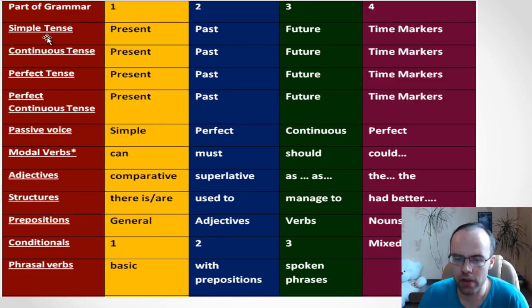If you know these simple tenses, you'll be able to speak about the present, about the past, and about the future. It's what you need for a start. It's your first step. And it's also desirable, you should know some time markers which are typical